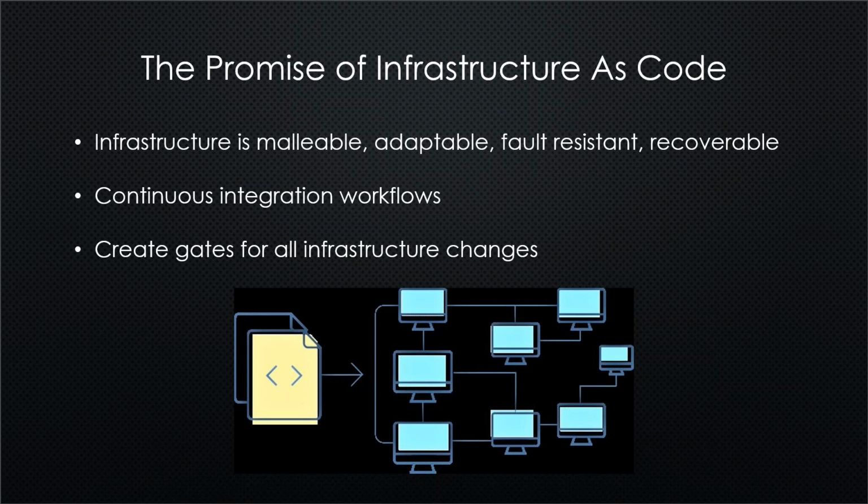Can I make it fault resistant? That's a big one. If something goes down, I don't have to have a human figure out how to rebuild it. It's already in code, I can just rerun it. Maybe the engine will build it if something failed. That makes it recoverable. We also want to create this idea of continuous integration. With DevOps trying to get development and production together, this idea came out of continuous integration and continuous development, which stated that I can actually move from the development team into a deployable product multiple times a day.